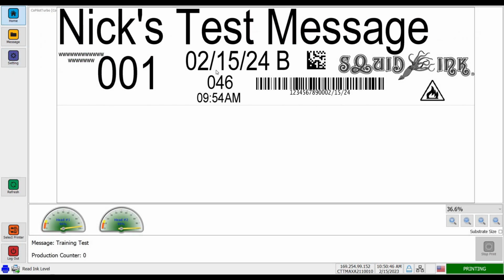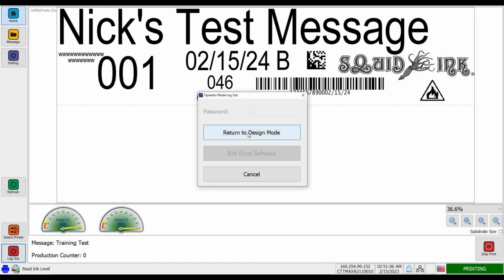So a nice tool. It helps keep the settings and configurations behind a gateway so that things don't change and your print remains consistent. So if that is a concern at your facility, Operator Mode is something that you can go ahead and use. Today we're going to go ahead and just log back out,